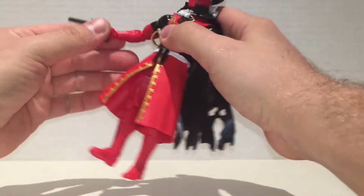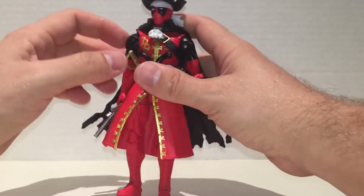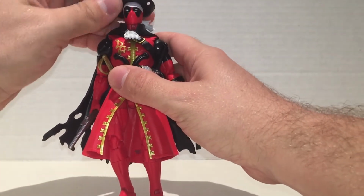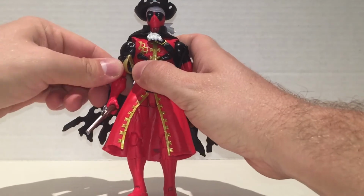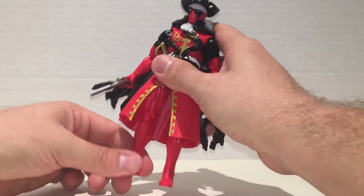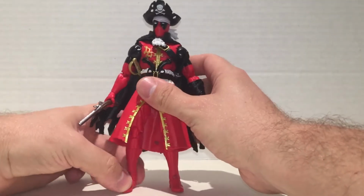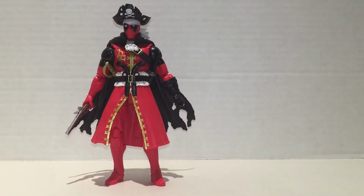And a good sign this is a good figure is I couldn't find him anywhere insofar as repeat visits to different shops and stores and whatnot. Everything's sold out with this guy. Blue one you could find. You could find the other character with Deadpool's friend over here, because I would like to introduce one of my